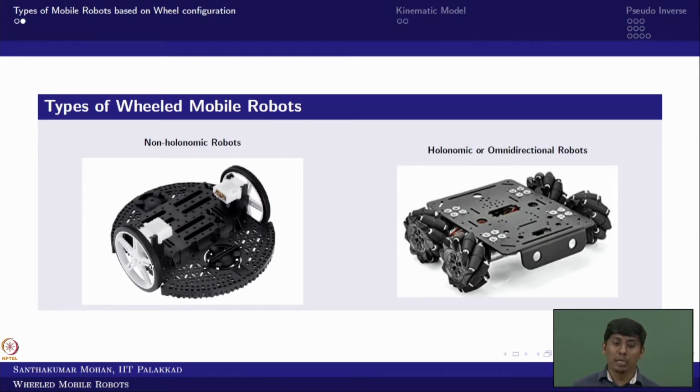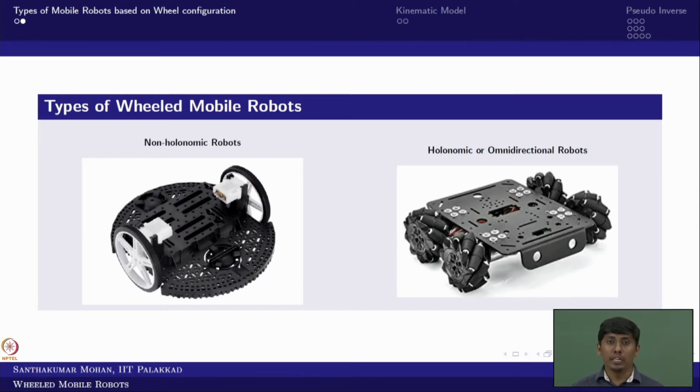But you can see that based on the configuration it is a fixed wheel, the lateral direction is going to be in a non-integrable form. So that is what we are actually saying, this is non-holonomic. Whereas here, because of the passive rollers attached to this Mecanum wheel, all 3 constraints can be written in an integrable form. So that is what we call holonomic, and most of our robotic community people call it omnidirectional.